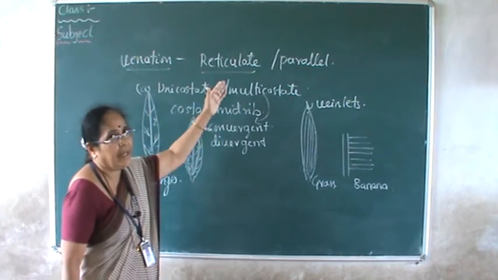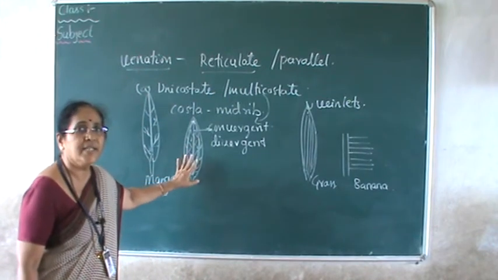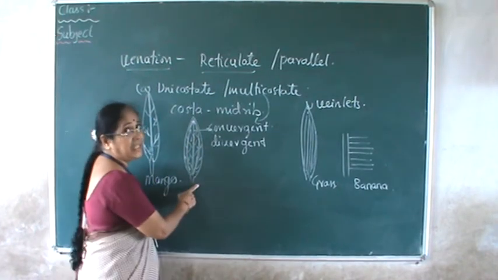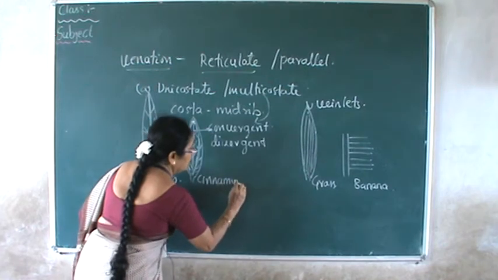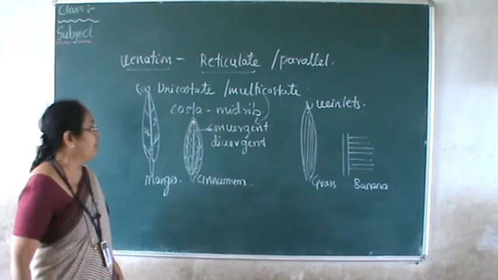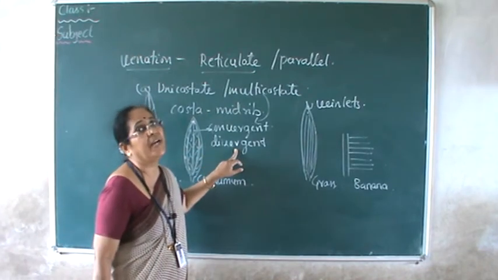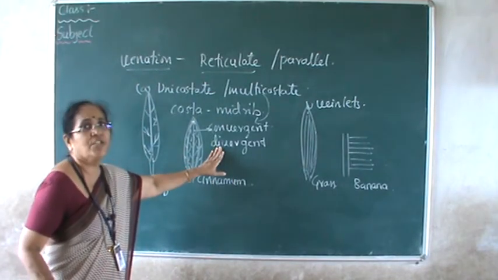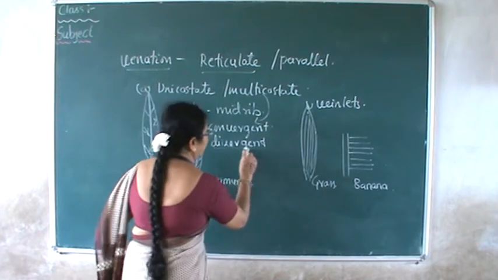Basically it belongs to reticulate venation, and this kind of venation you might have seen in most of the cases. All of you have seen the leaf of this plant. Cinnamon is an example for multicostate convergent type of venation. Reticulate. Again there is multicostate divergent type. You can make out they diverge towards the periphery. More than one strong midrib in the leaf and they diverge towards the periphery. So that is called divergent type.